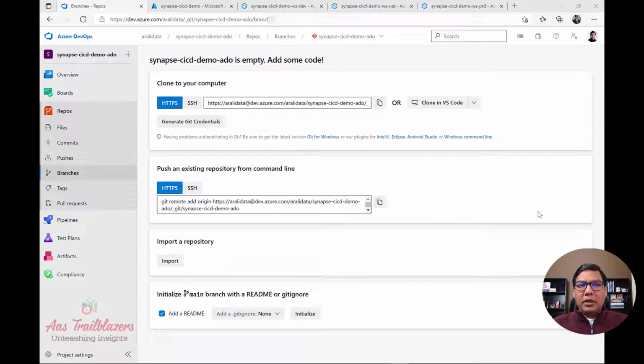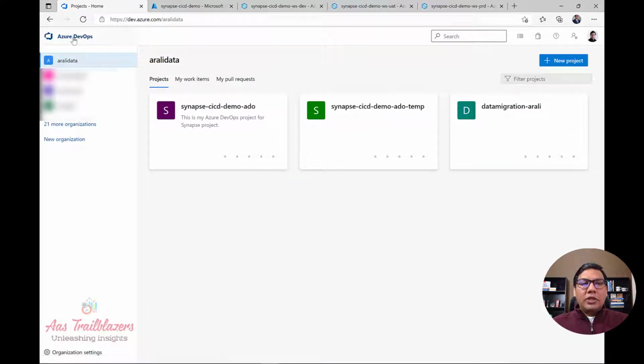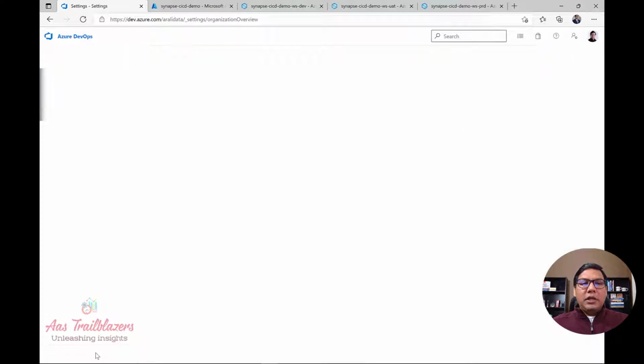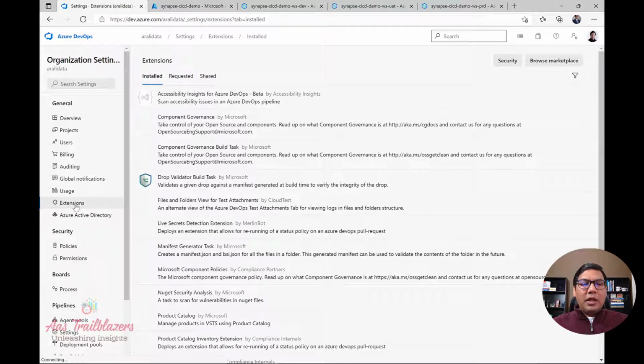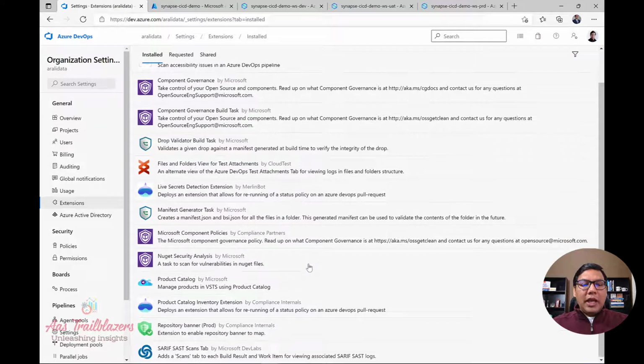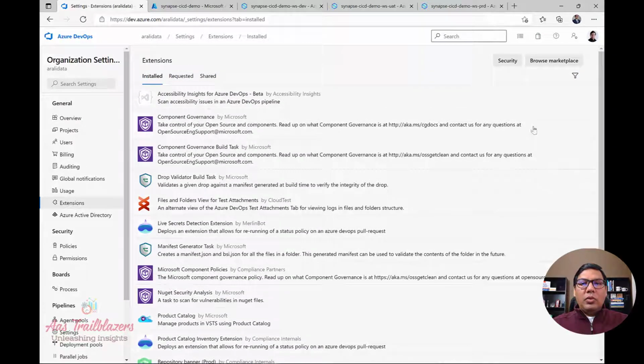Now, as a next step, we have to install Azure Synapse Workspace deployment extension in this organization that I'm using, right? And to do that, let me go to the home page by clicking on Azure DevOps. This will take me to the organization I'm part of, and on the bottom you'll see an option to change the organizational setting. Click on this. It will take us to a new screen where we can see there are multiple options on the left side, and I want to install an extension for Synapse Workspace deployment. Click on this. For now, you'll see I don't have this deployed yet, so I need to click on browse marketplace,